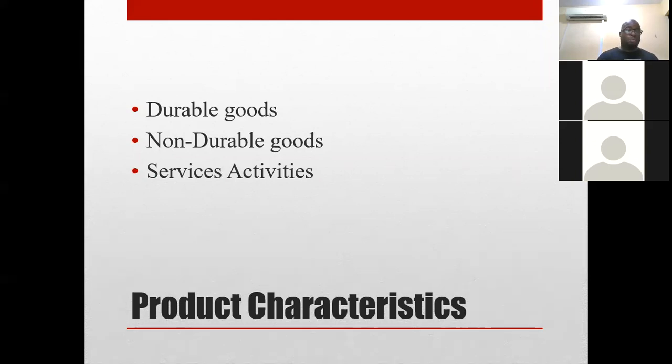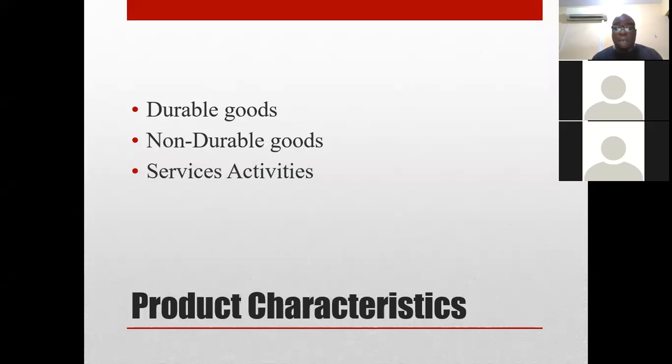If you buy a car, in most cases you will use it for at least 5 years. Even if you are extremely rich, you will still use it more than 1 year. If you are the kind that changes your car every year, you will still use it at least 1 year. A non-durable good is something that, yes, Suleiman, a ceiling fan is a durable good. So there are goods that you know you are going to use for a long time. Yes, all your suggestions are correct. But for a non-durable good, give me an example of a non-durable good.